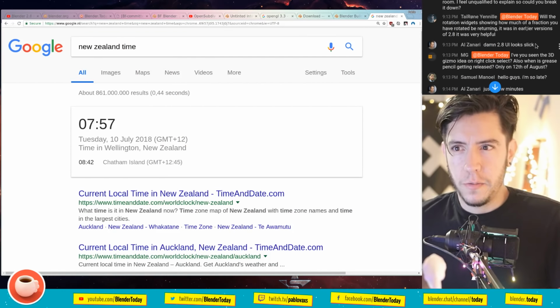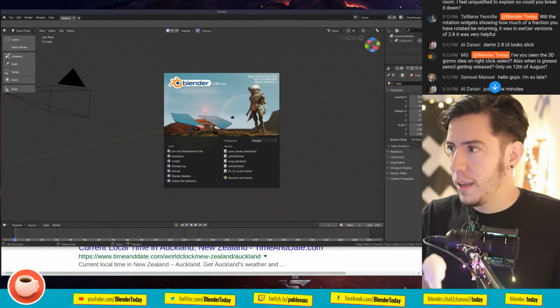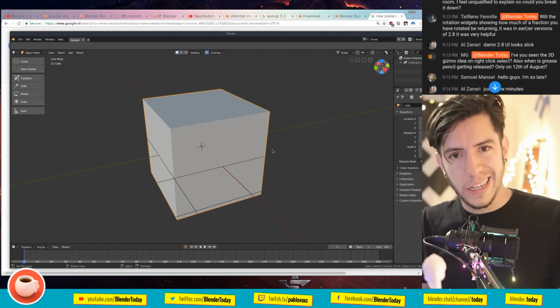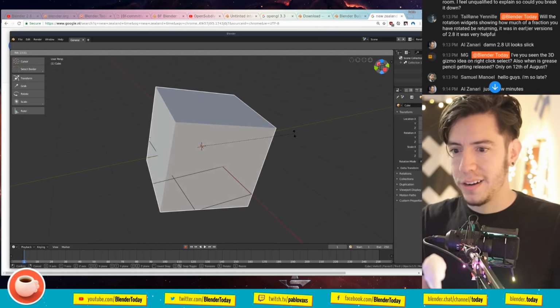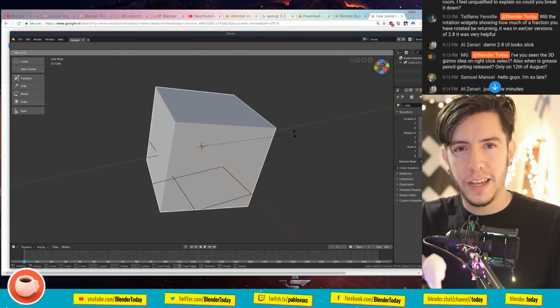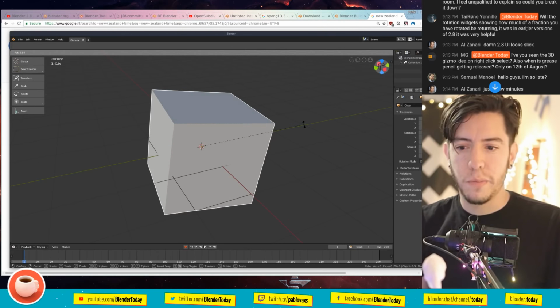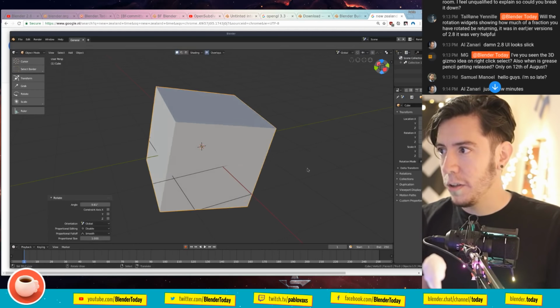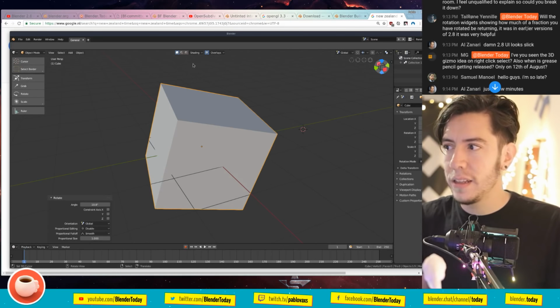Tyrone asks, will the rotation show how much a fraction has rotated? Yeah, that's the design, that's the idea. Something we discussed today with the developers is that I don't like that when you rotate something, the whole header disappears and the value is aligned to the left, which is completely out of place because you're working in the center of your viewport. So I propose that we keep the header as it always is, so it doesn't blink, and also center the value.